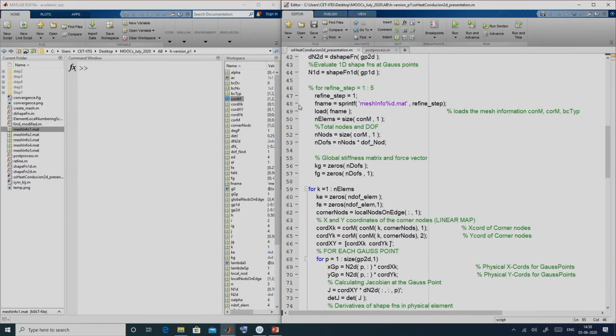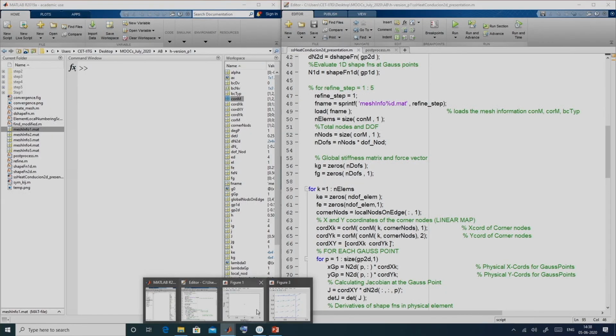Now in this case what I want to show you is that in a given finite element code, we initially start with a coarse mesh, okay. In this case I have started with a single element, alright, and run the whole thing, and we obtain the temperature distribution as also the heat flux.